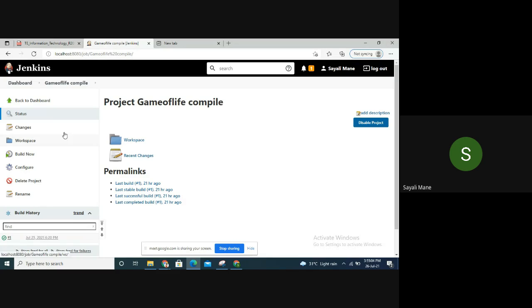Now after that, here click on build now. Build now acts as a compiler. Like in your C++ there is a compile button, right? So build now acts as a compiler. Click on build now. Here you will see your project is building. Now my project is building for the second time. So now click on the correct one. See this sign here. It will lead you to the console output.